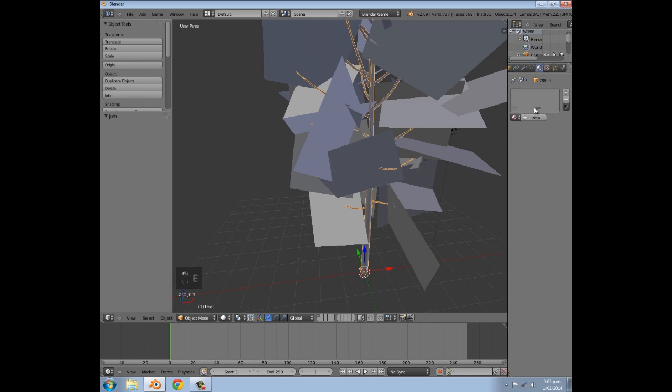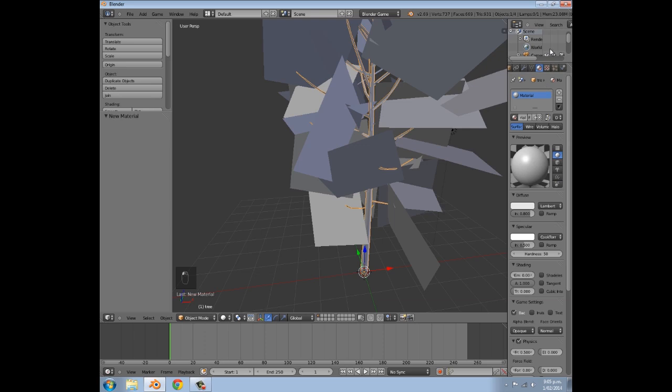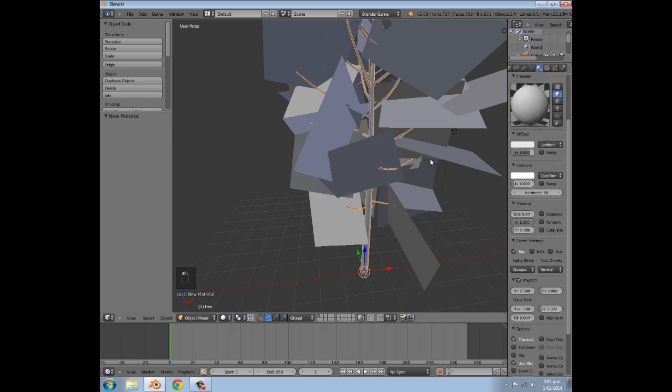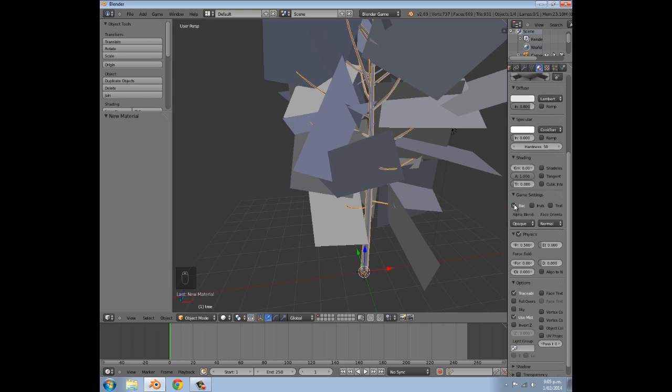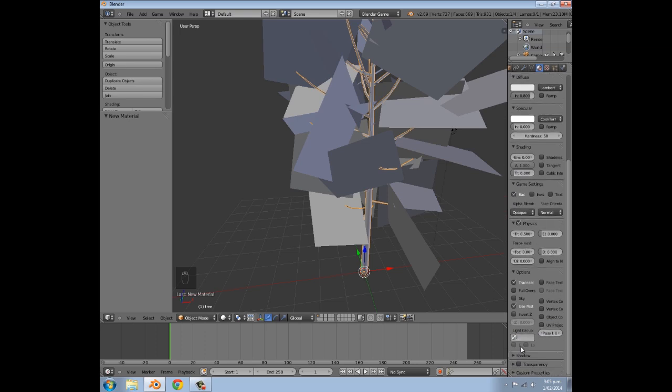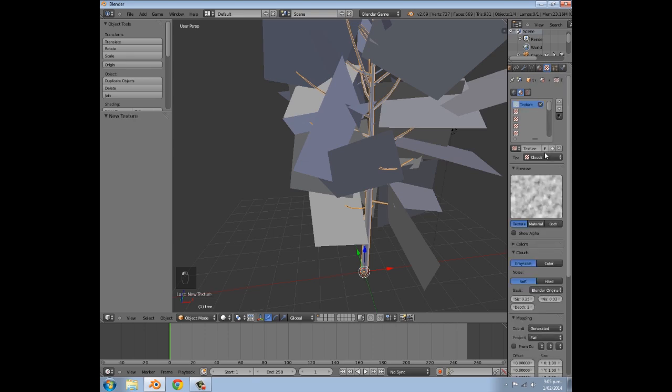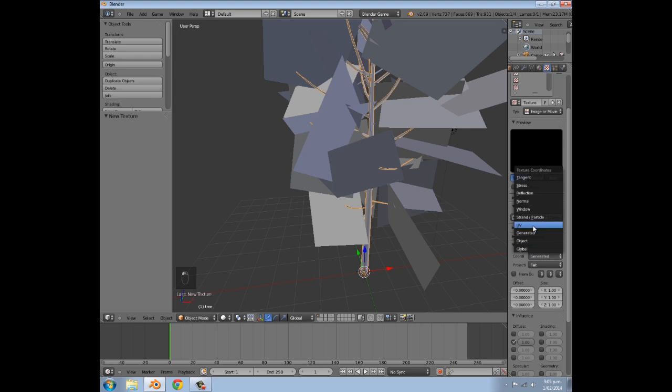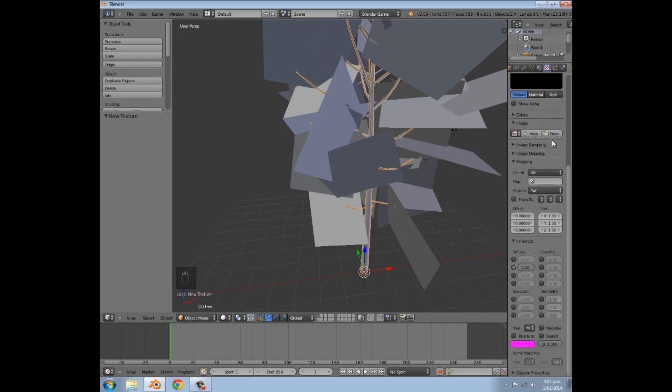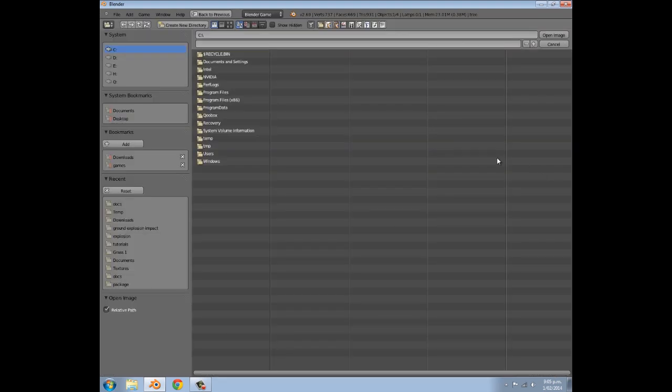Seem to muck up the name there. So we're going to go to the material tab, then click new, and we're going to turn off specular. You can leave on back facing, just for speed. Then we're going to go and add a new texture. There's going to be image or movie, UV, and then we're going to click open, and we need a trunk